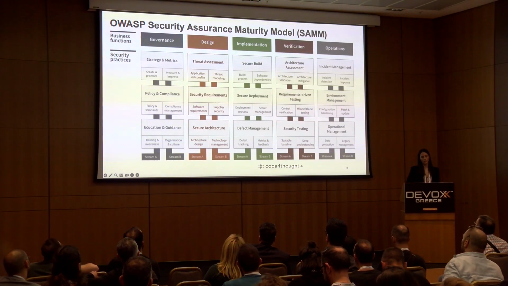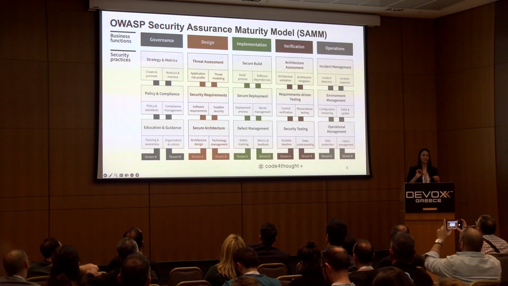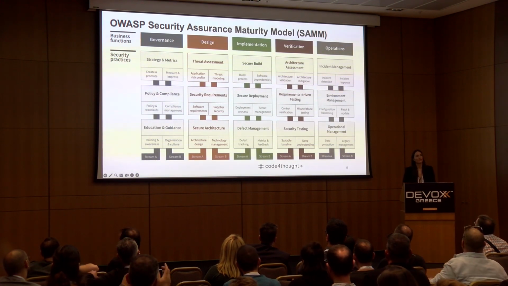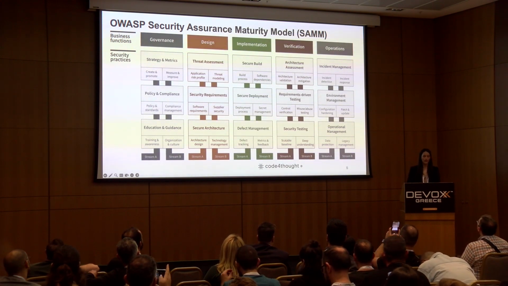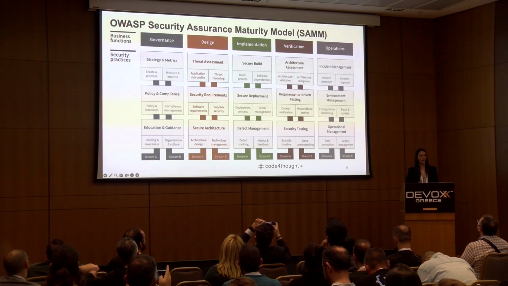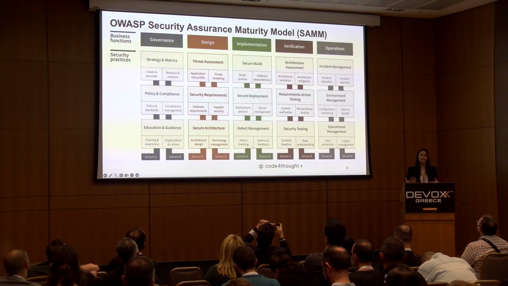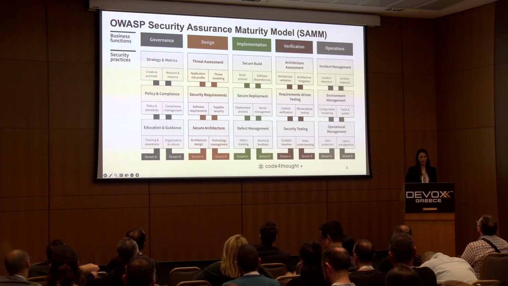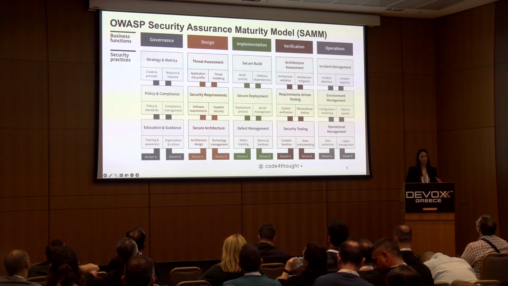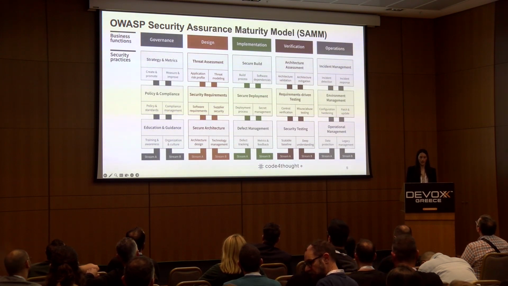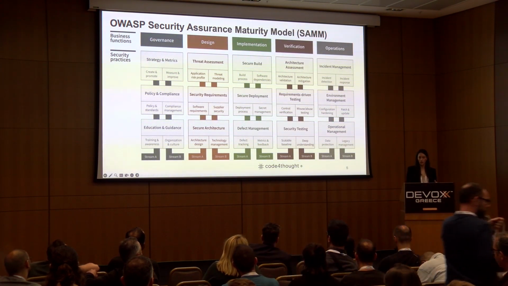Actually, it mentions 5 business functions in order to help the production of software, and these are related to governance within the organization, trainings and strategies regarding security, and then system design and security requirements, and then implementation, how secure is your build, for example, then verification, which is related to testing, and for example, do you use enough tools in order to test for security, and then operations,